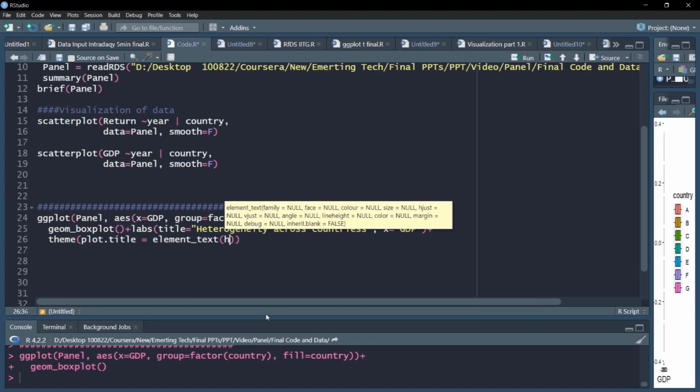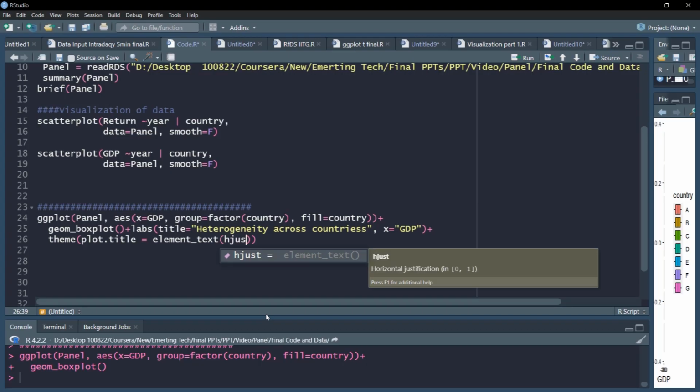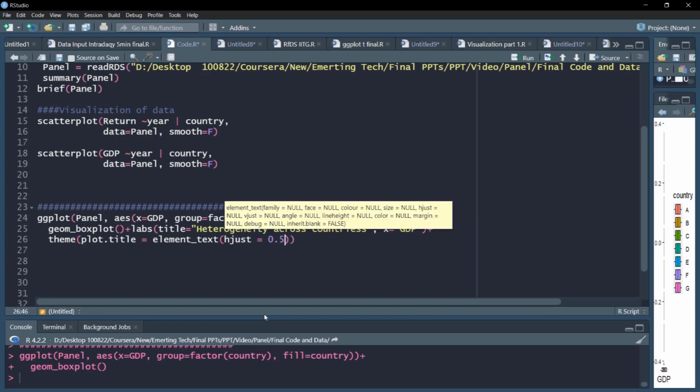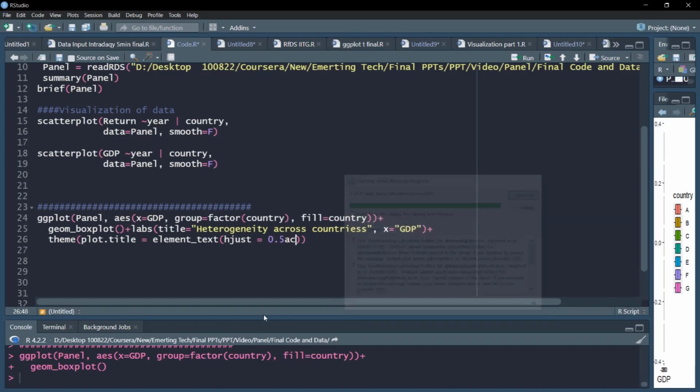For example, horizontal adjustment of the title is 0.5, so it will be in the middle. I'll put the font as bold, and the size may be 18, slightly higher than the axis titles.